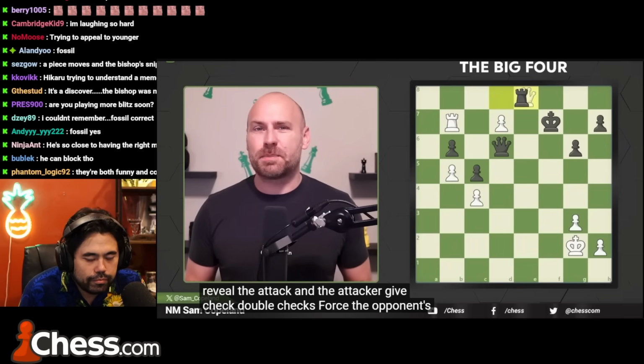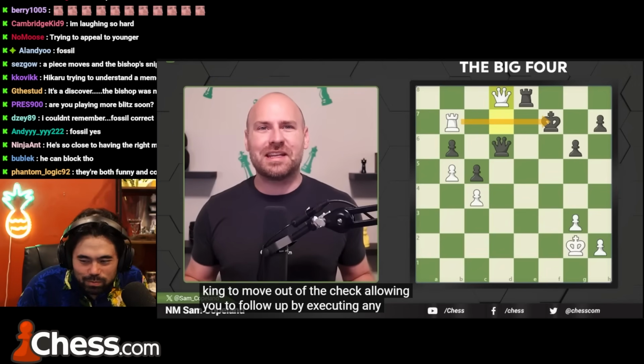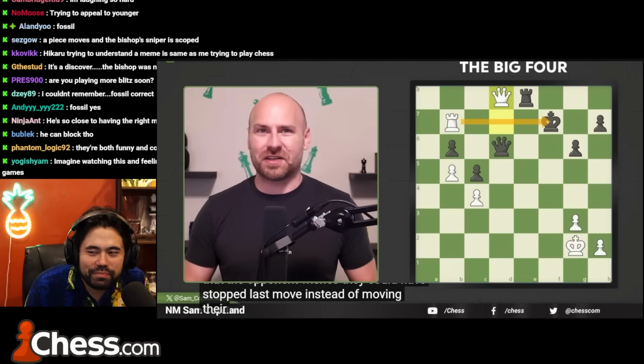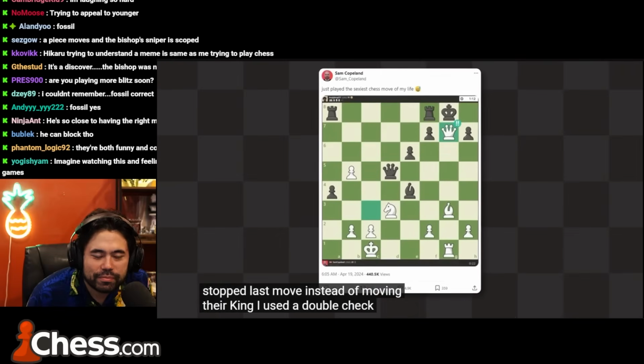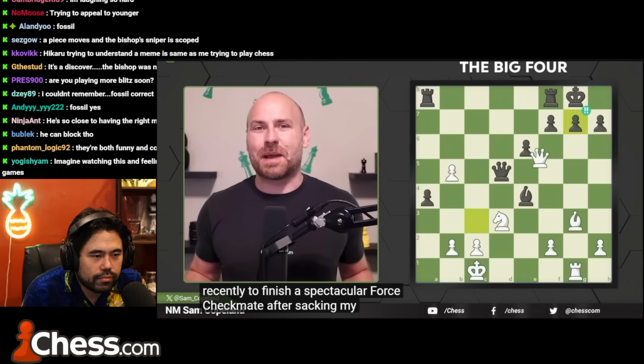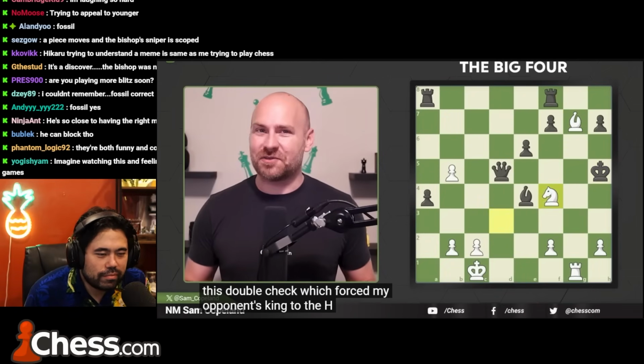Double checks force the opponent's king to move out of the check, allowing you to follow up by executing any threat that the opponent wishes they could have stopped last move instead of moving their king. I used a double check recently to finish a spectacular forced checkmate. After sacking my queen, I gave this double check, which forced my opponent's king to the H-file, where I was